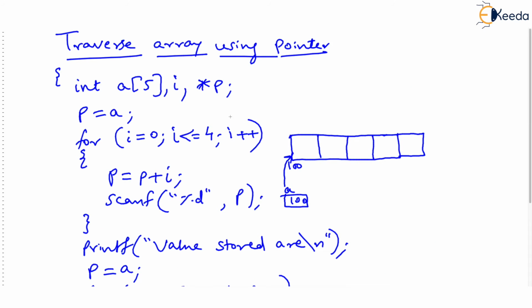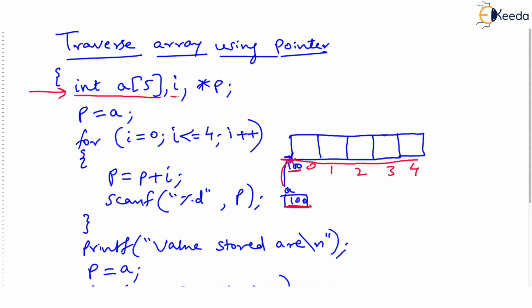Now let's go to this code. I've again kept myself ready with some code here. Just check what we are doing: we are declaring an array called a of 5 locations. I have shown this array having 5 locations: 0, 1, 2, 3, 4. Let's say the begin address is 100. And you know that the name of the array a itself is the address of the array. So a points to the base address.